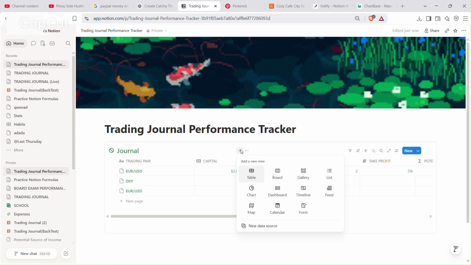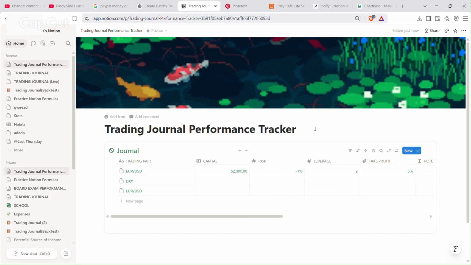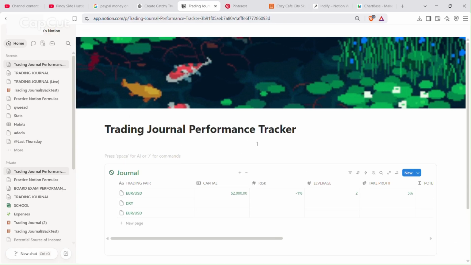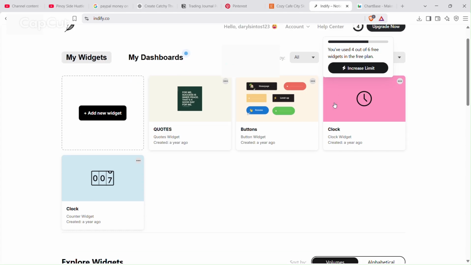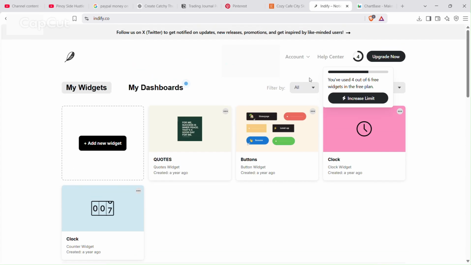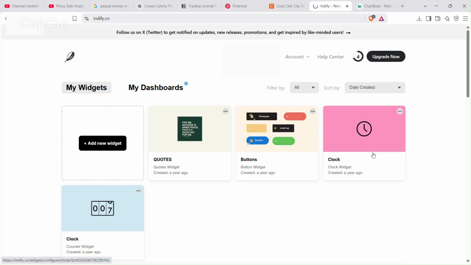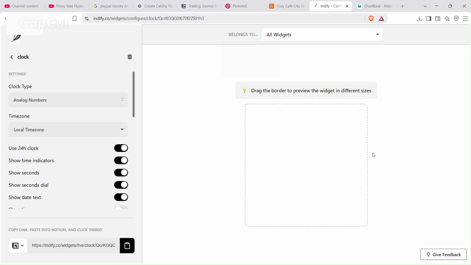So I will now add another widget. I will add a widget from one of our sources, Indify. So you can visit Indify to add a widget. So I will add a clock widget here. And take note, in Indify you only have 6 free widgets, and now I only have 2. I will use these remaining 2.